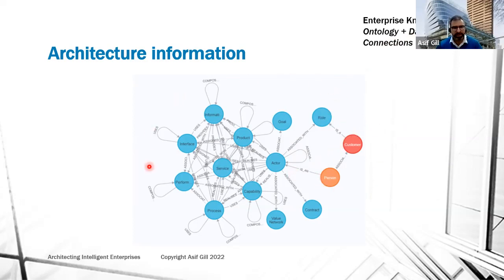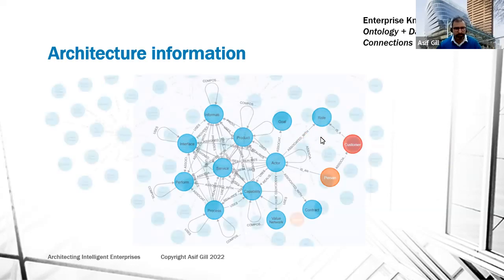So all these things can be considered an enterprise knowledge graph: the data and the ontology which describes the data. Plus, here we can map connections to different sources as well to complete this enterprise knowledge graph. And you can see that a knowledge graph is all about nodes and the connections between them. It's as simple as that. In a sense, it's all about nodes, the source and target node, and the relationship between them, which you capture. You can capture properties about the nodes and about the relationships as well.